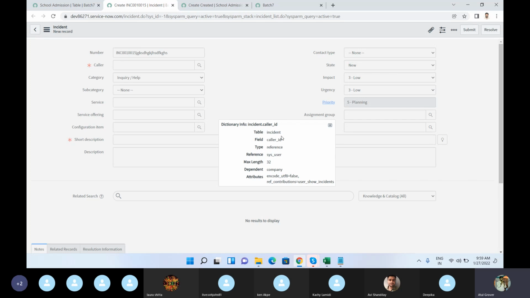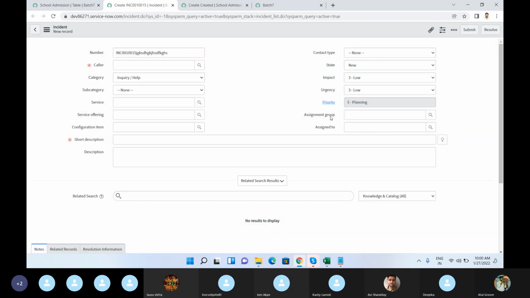So this field is on the table incident. Field name is caller underscore ID in the background, but it is a reference to the user table. Now, if I do the same thing for this,